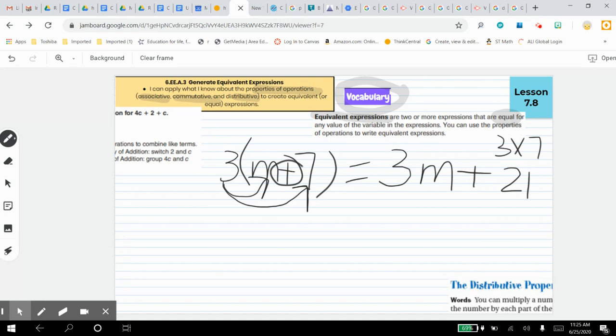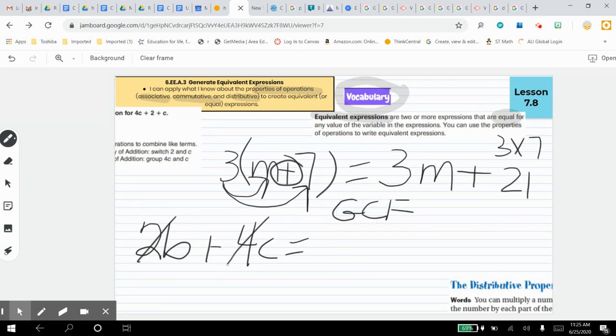All right, really quickly, let's do one backwards. What if I have 2b plus 4c? I've got to go quickly here. If I find the greatest common factor between these two, which is 2, I can take that out. I can divide by 2, and divide by 2, and I get b is all that's left, plus 2c. Now,